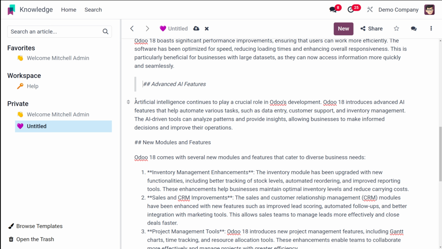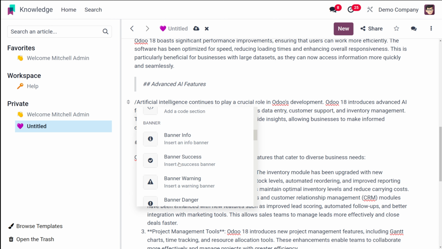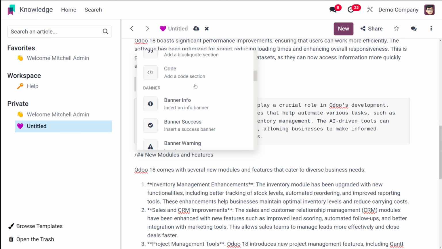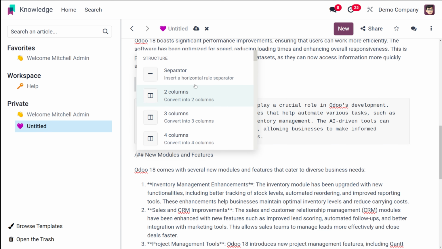Okay, now from here, I'm putting a slash over here, and from there, I'm making this into a code. So see, this thing has now become in a format of the code. So in case you are inserting code and all, it will be inside such a block and the text will be completely different. Okay. So next what we have, let's move on and check. So that was the structure.